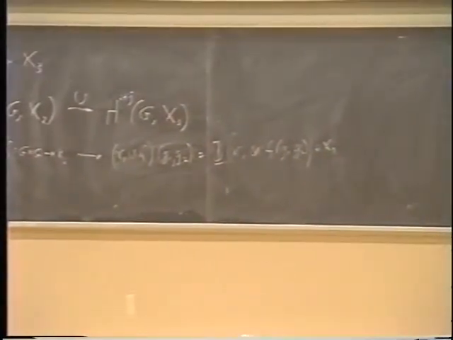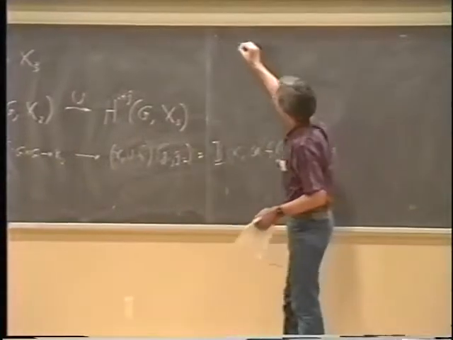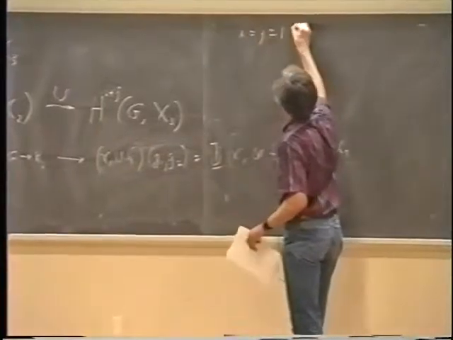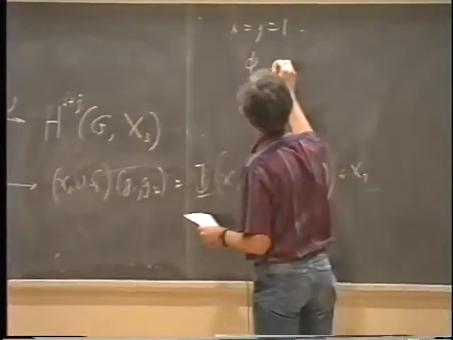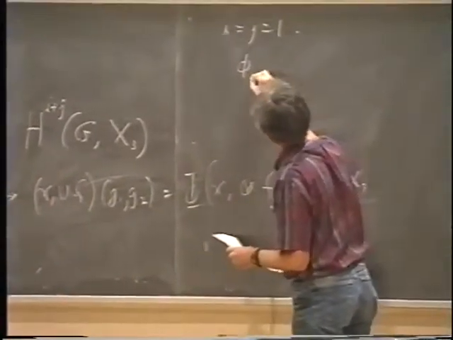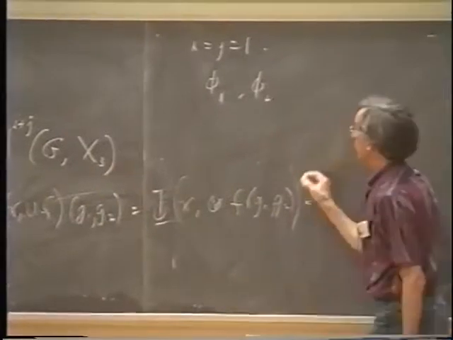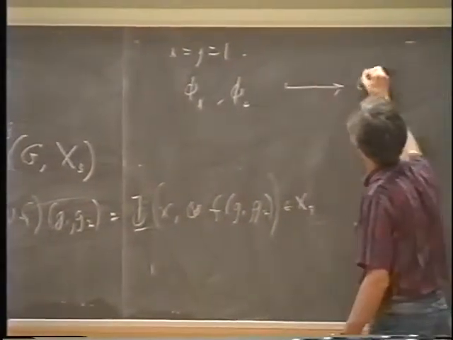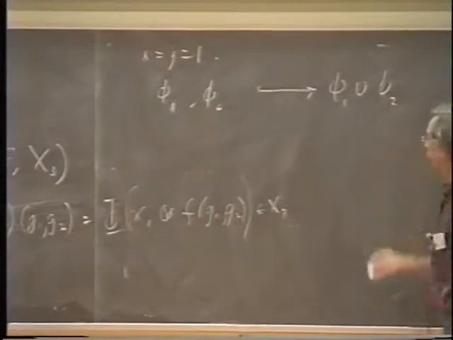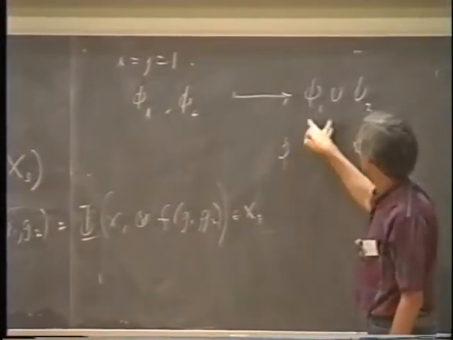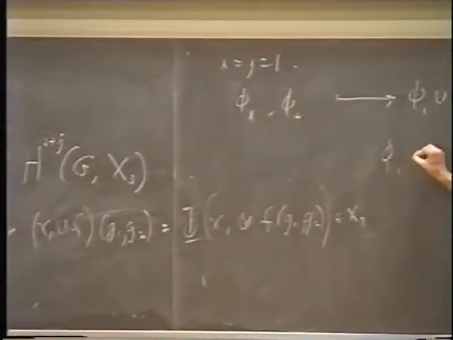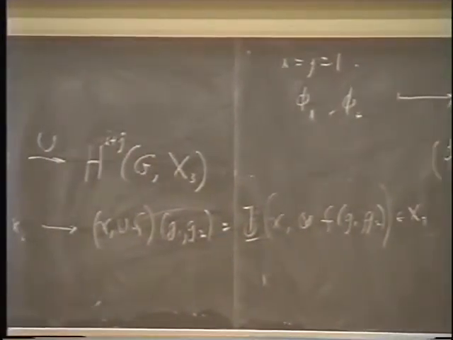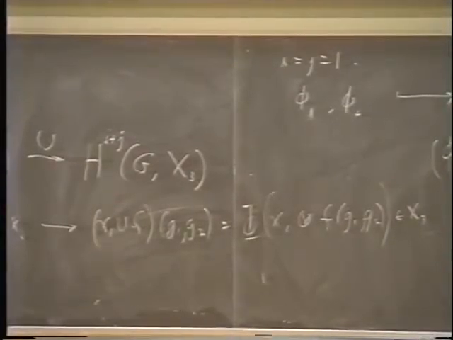Well, of course, we wouldn't be saying much about cup products if this is all there was to it. Let's do the case i and j both 1. So then we take phi1 and phi2. Okay, this will map to phi1 cup phi2. And this has to be a two-cocycle, because we're going into 1 plus 1 is 2. So phi1 cup phi2 of g1, g2 is,